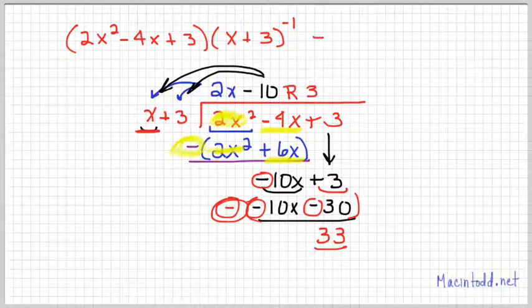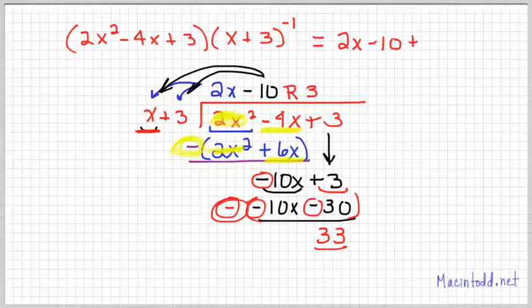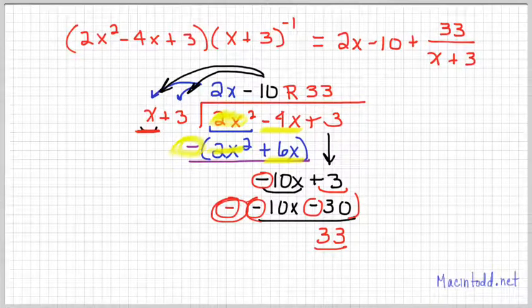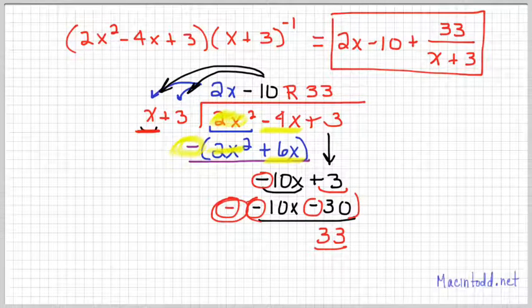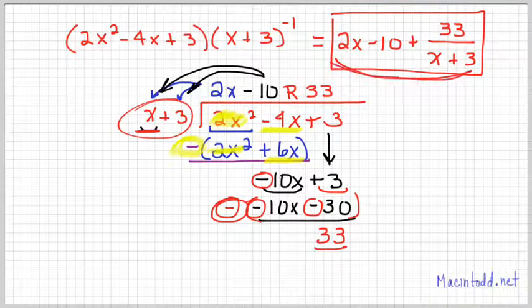What we say is this polynomial, if I were to simplify it by carrying out the division, is 2x minus 10 plus my remainder, 33, over my divisor, x plus 3. And so there is what it is equivalent to. There's a check for that. I mean, you could take your divisor x plus 3, multiply it by your answer, and you will get the